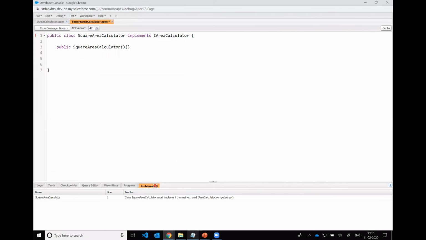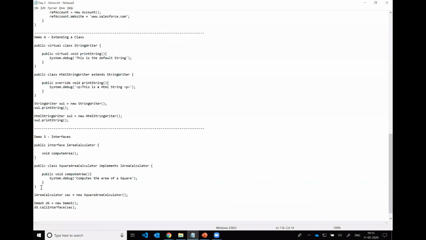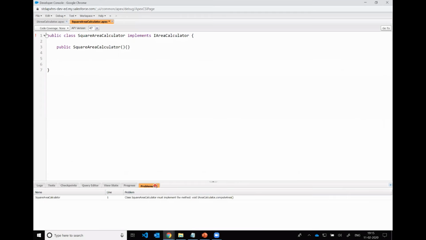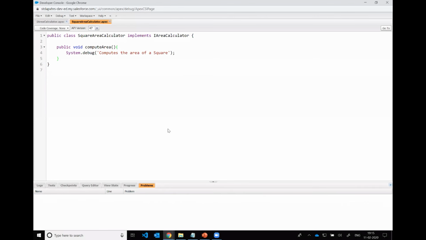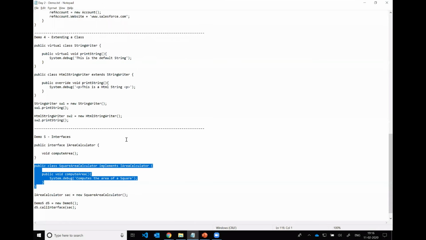So what we're going to simply do is copy the complete class. Okay, so I have defined the compute area method, and now if I save, the error should go away. So now the runtime knows that I have provided a body for the compute area method, right? Now I've defined the interface, and I've defined the class that implements the interface. Now basically the way you can call it is